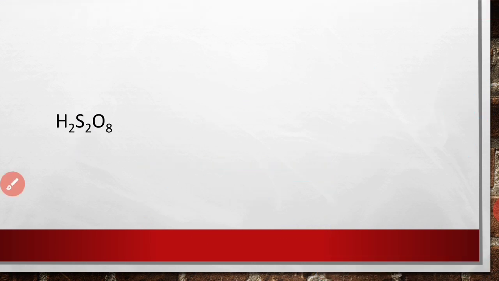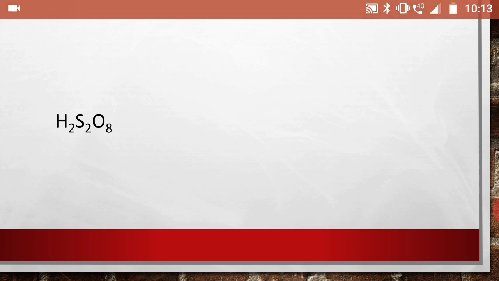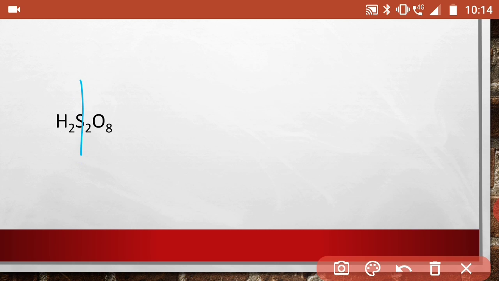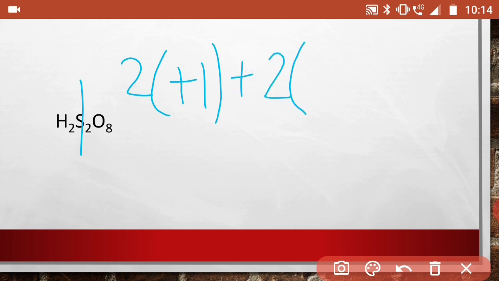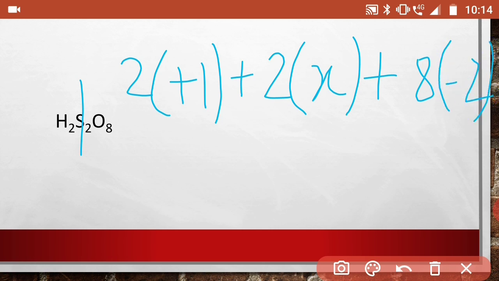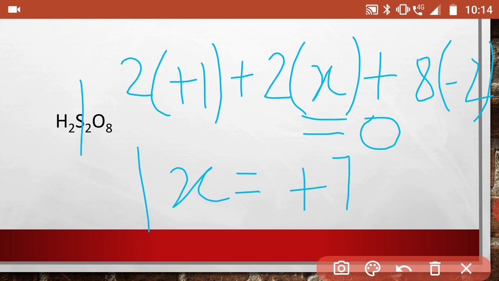Next example is H2S2O8. It is also known as Marshall's acid. Okay, here we have to find out the oxidation state of sulfur. Number of hydrogen is 2, oxidation state of hydrogen is +1, number of sulfur is 2, oxidation state of sulfur we don't know, and number of oxygen is 8, oxidation state of oxygen is -2, and overall charge on molecule is 0. So the oxidation state of sulfur is +7. Okay,